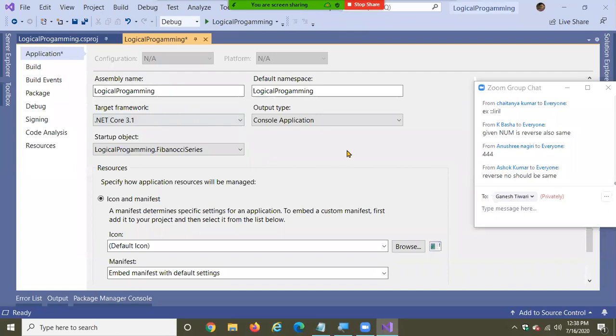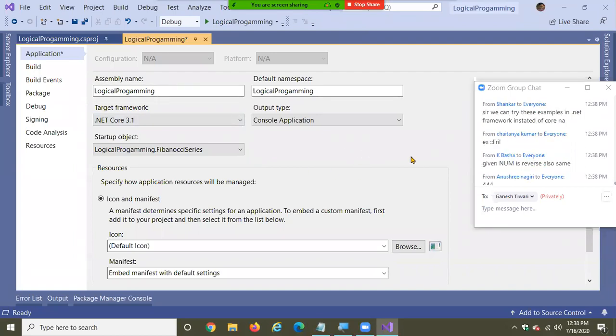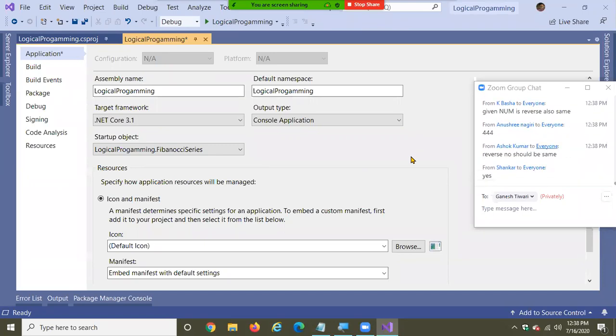How did you write your loops and all in a framework? Don't bother about it, because we are teaching core. I just opened a core project. You can open a framework project and do it, no issue at all. All these programs you can write in Notepad and use. Same code, same output will come. Write the code in Notepad, compile and run it. No worries about it.